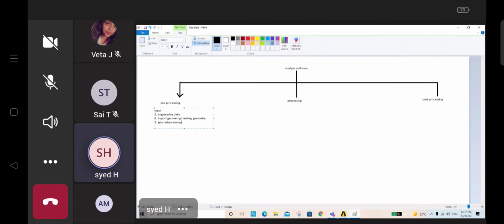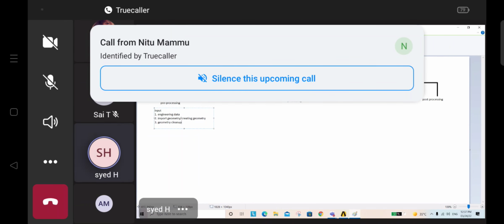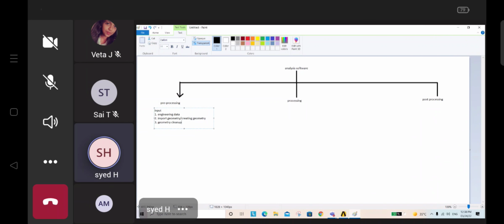If you are creating the model in CATIA, it will save your model as a .CATPart file. In NX it is .prt, in Creo .prt; every software saves its file with its own extension. So you cannot directly import those files here. Why? Because it's a parametric model. So if you are performing the analysis work, first of all you have to convert